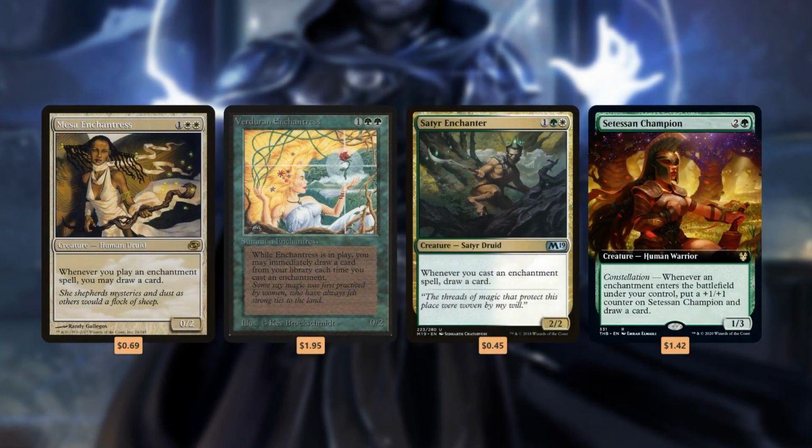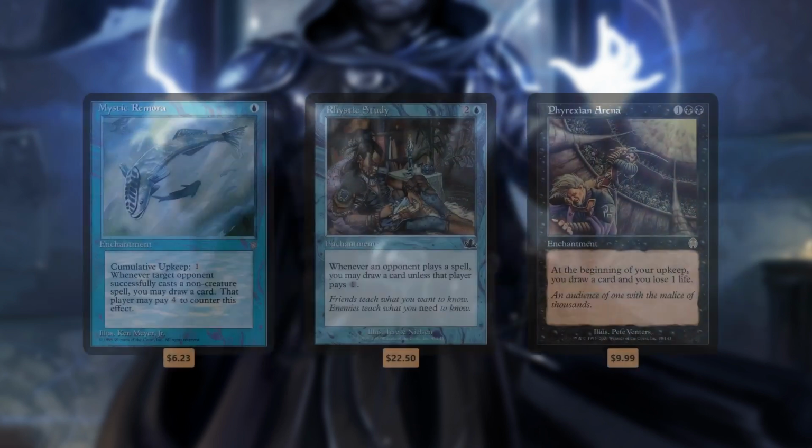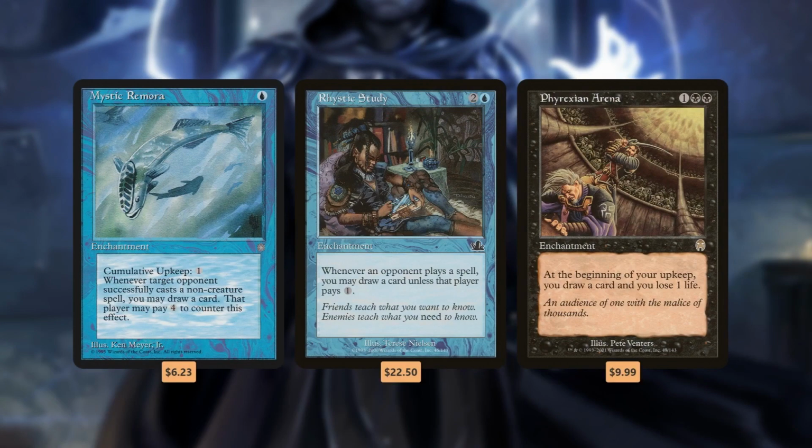In fact, the archetype is named after their card draw engines, the Enchantresses like Mesa Enchantress, Verduran Enchantress, and newcomer Satyr Enchanter and Citizen Champion. There are at least 7 Enchantress type of cards that draw you a card either when you cast an enchantment or when an enchantment enters the battlefield under your control. Between those Enchantress cards and the 2 blue shrines, you're pretty much set in terms of drawing cards in the deck, but if you want even more variety, there's plenty of other enchantment options like Mystic Remora, Rhystic Study, Phyrexian